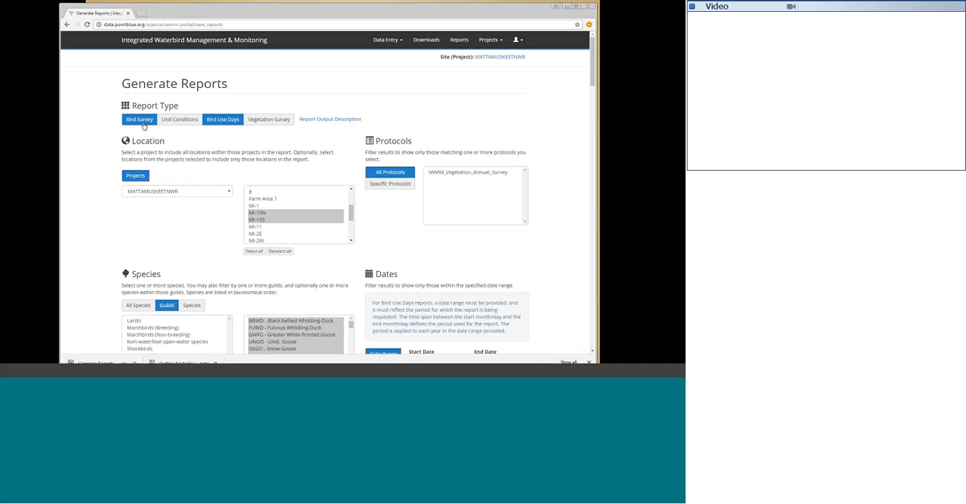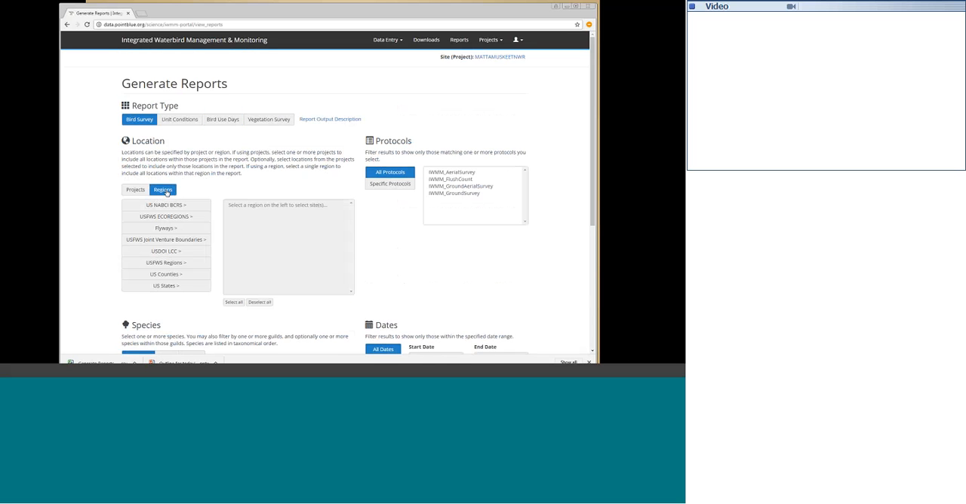One thing I did forget to show you in the bird survey data is these regions. We do have a series of predefined regions that you can aggregate IWMM data by if you want to look at larger regions. You can do it by bird conservation regions, the NABCI BCR regions, by Fish and Wildlife Service ecoregions, flyways, joint venture boundaries, LCC boundaries, Fish and Wildlife Service administrative regions,